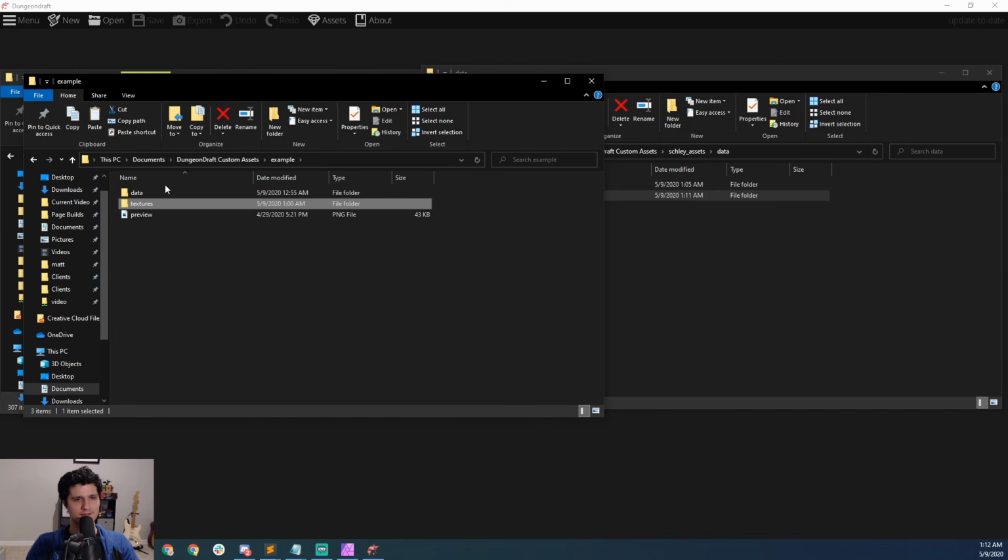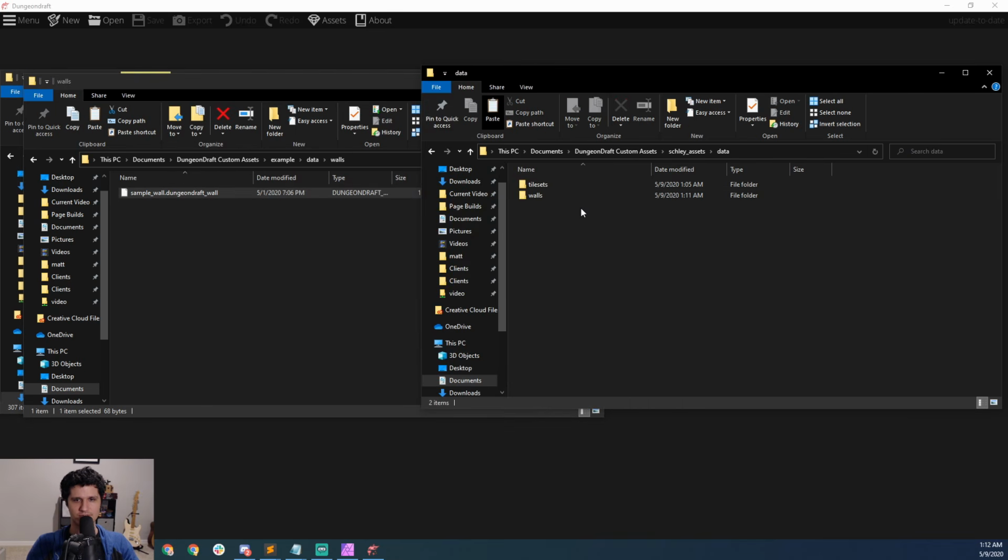So the data file in here needs to have the same name as the wall that you are adding. So we're going to go into data, type in walls, and go back to our textures, back to walls, and we're going to grab the full name of that wall file,